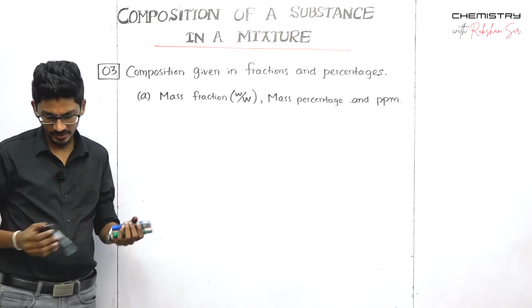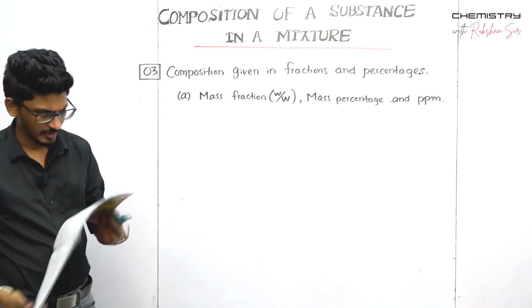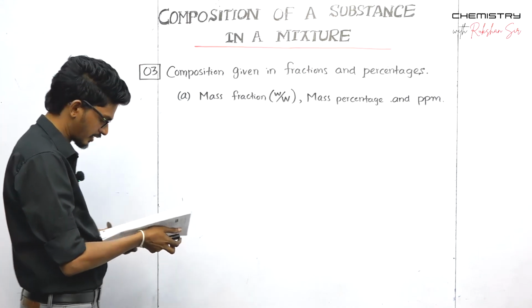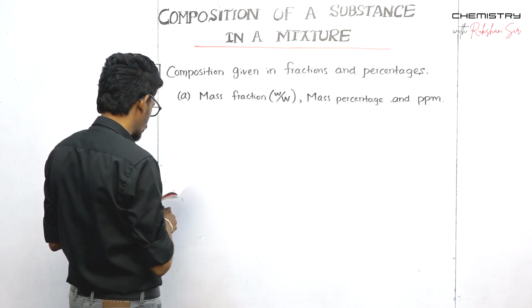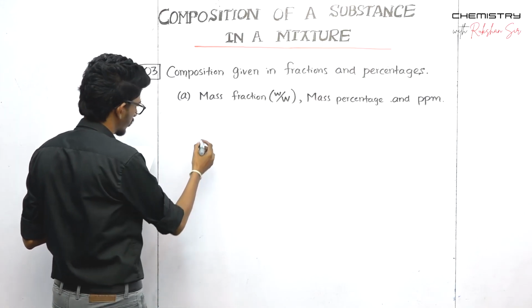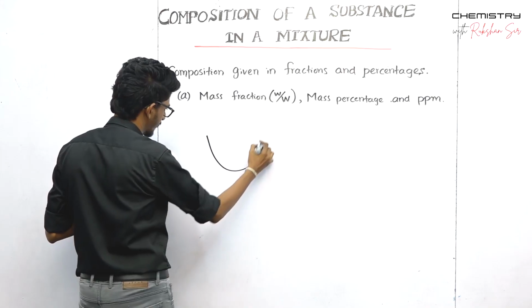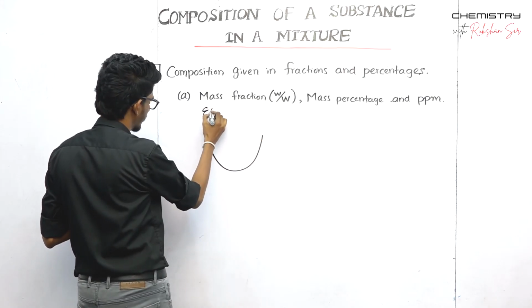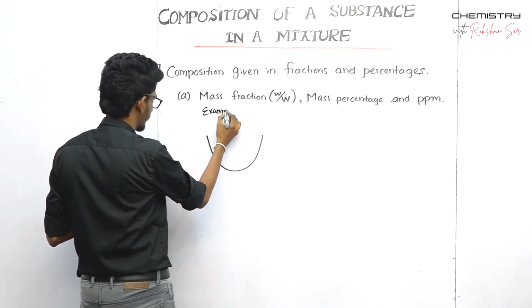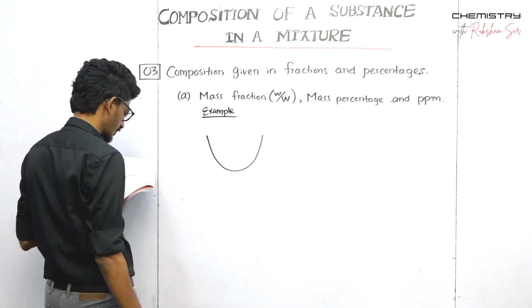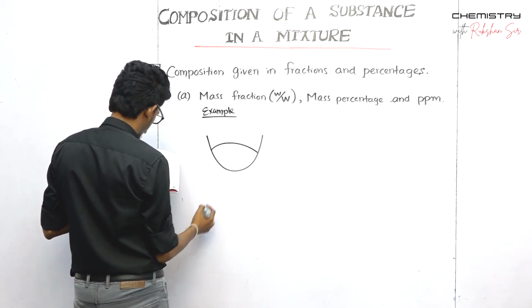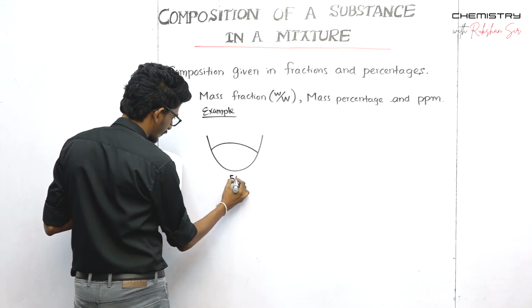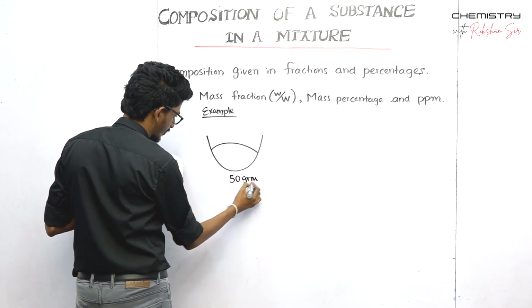The example at page number 8 says: 50 grams of sample